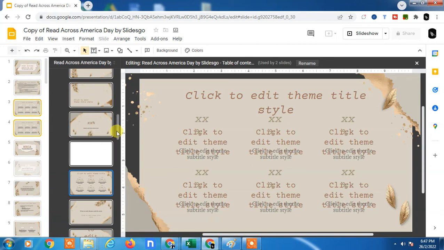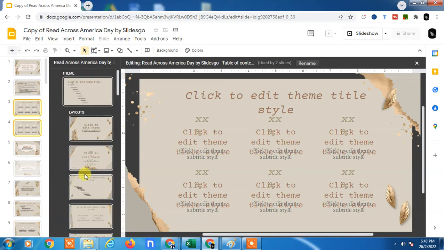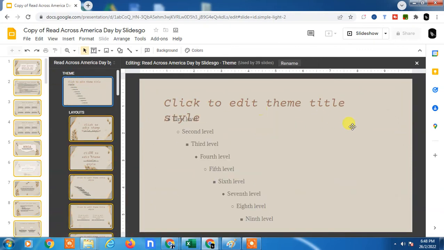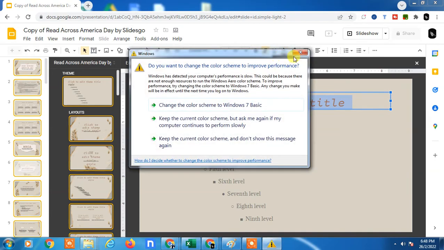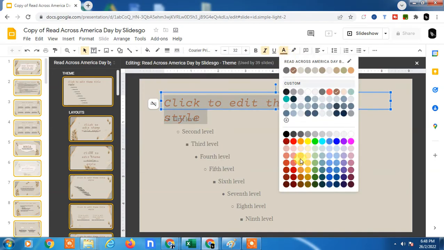Okay, also if you want to apply changes to all slides, you need to edit here. You can edit the title, you can edit the background, you can edit the background theme also. Okay, so just select the titles, go to the background color, or you can change the title color here. Go to the color and you can change color. Okay,